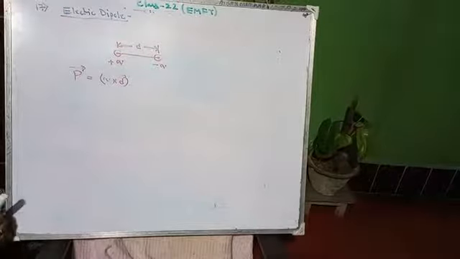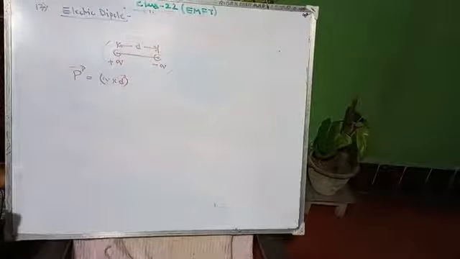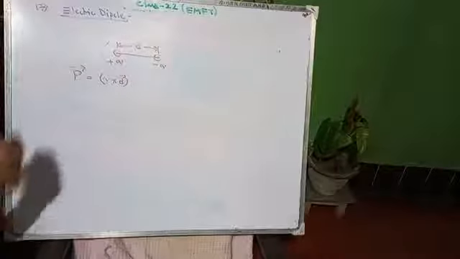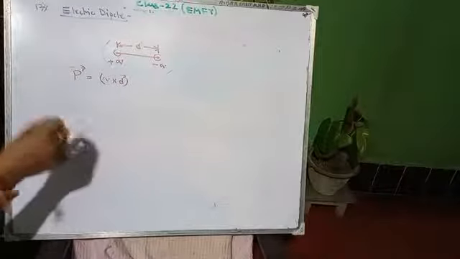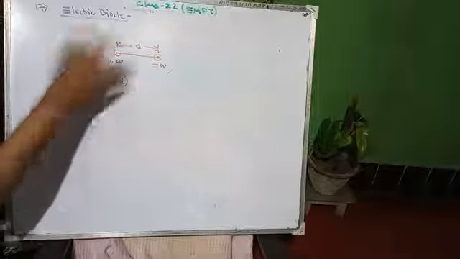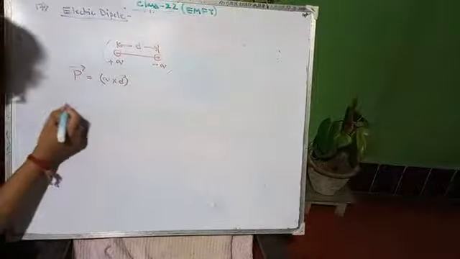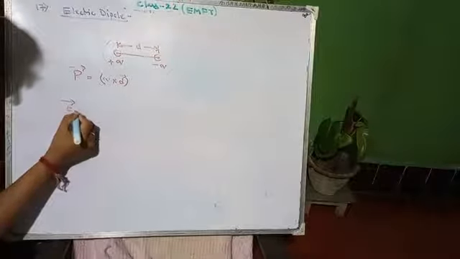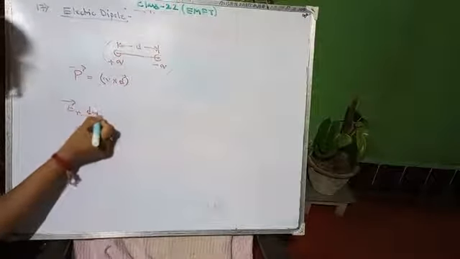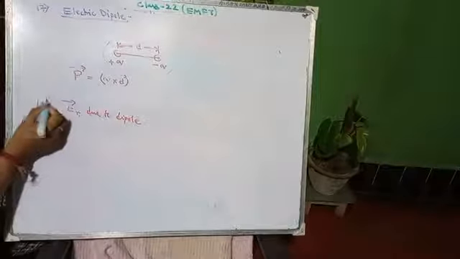In the next class we have to find the intensity due to this dipole. You have to find the intensity at any point at a distance r from the midpoint of the dipole due to this dipole. So next day we will find the intensity at a distance r due to the dipole. It will be topic number 18.